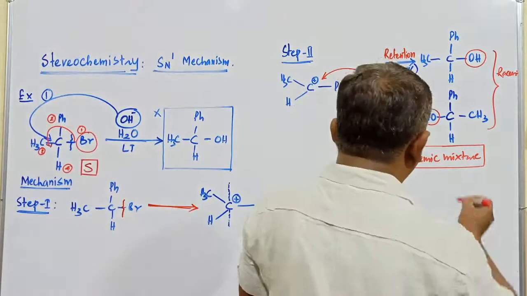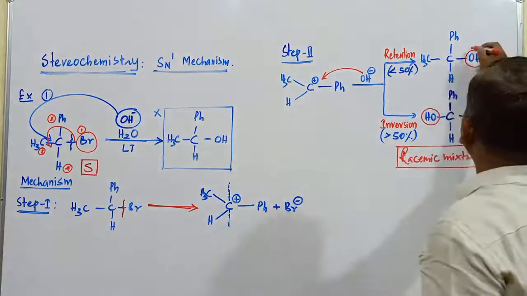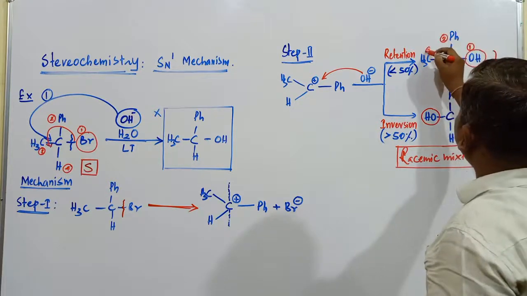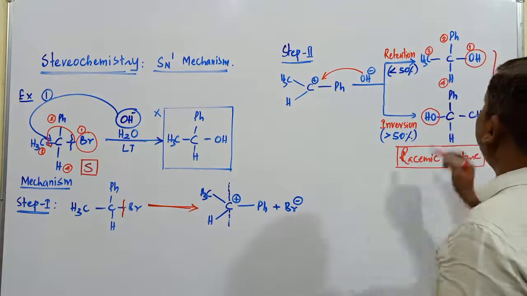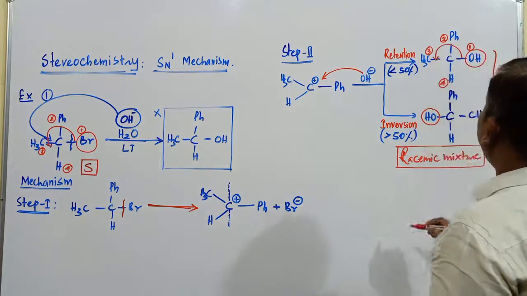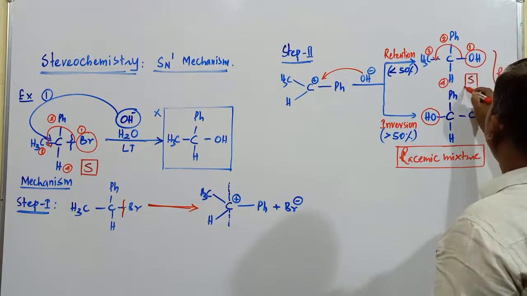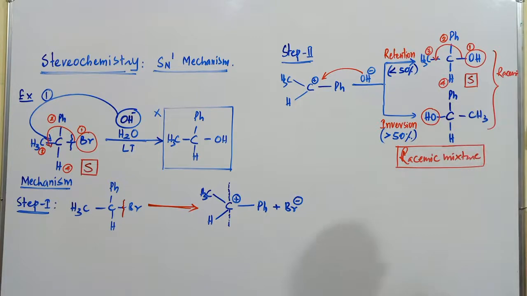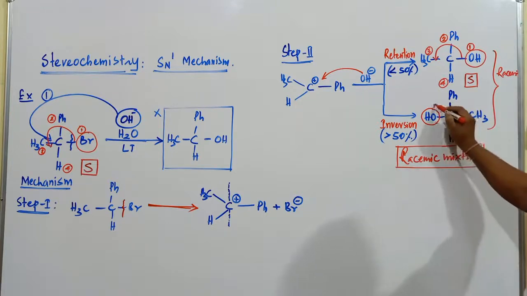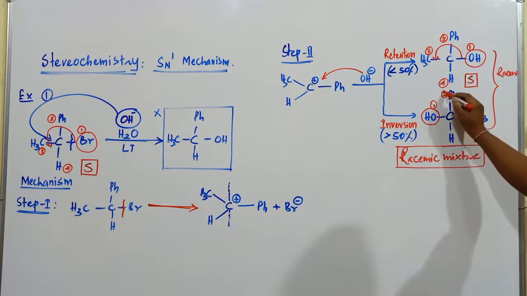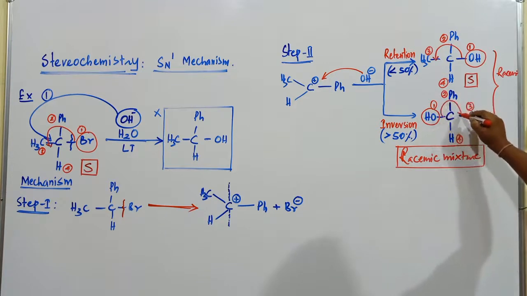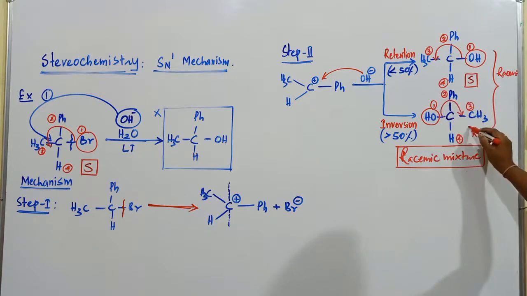Now what is the configuration related to this particular molecule? This is OH, first priority, oxygen is there, it is second priority, this is third priority, and this hydrogen is fourth priority. Now here also it is going in the anti-clockwise direction. It is also referred to as S isomer. Now if you observe this inversion configuration, this is first priority, oxygen, second priority is this one, the third one is this, fourth one is hydrogen. Now here the rotation is clockwise. When the rotation is clockwise, it is called R isomer.